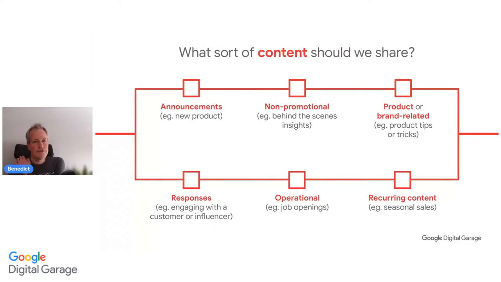Now, what sort of content should we share? Of course, people love a glimpse of what's actually going on behind the scenes. So try sharing announcements, all right? Could be a new product, could be a new service that you're providing. Create useful how-to content, so important. If you can provide that information, people will often respond to things like 10 easy fixes, 10 simple ways. All these different things often come up.